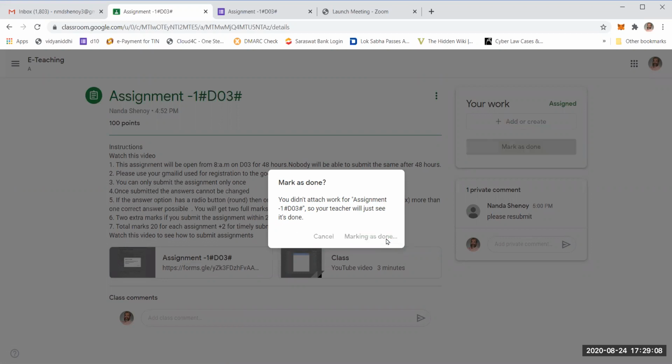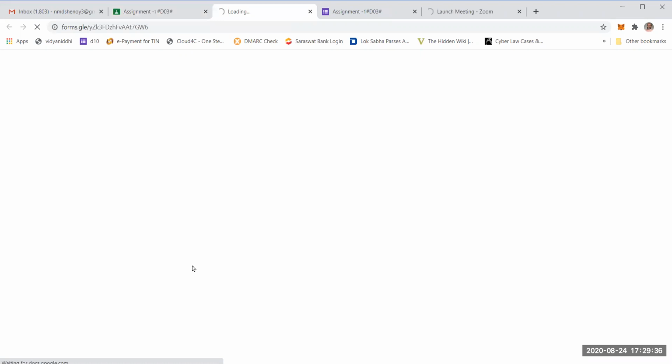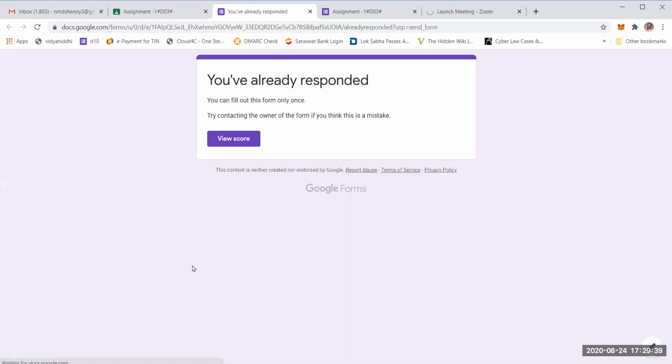So mark as done. Please remember that once you mark it as done, you will not be able to unsubmit it. Please do not unsubmit in any of your assignments, because all your assignments are going to be multiple choice questions. Only when you go to level 2, you will be using different types of answers. Even if you submit it once and again the next time you go and click on assignment, it will not open the question window. It will always show you this screen.